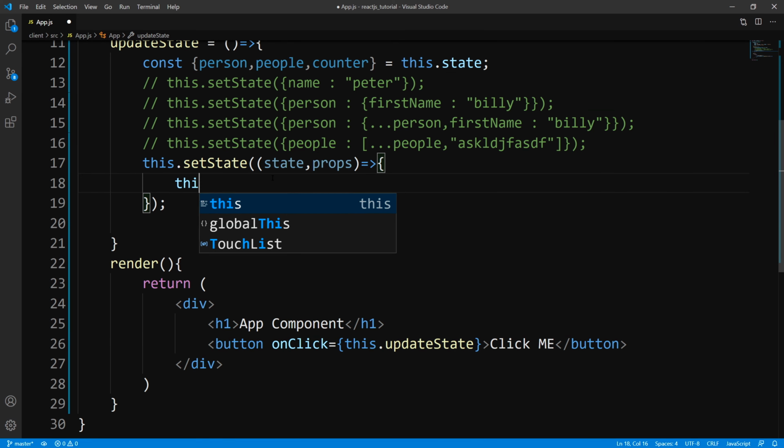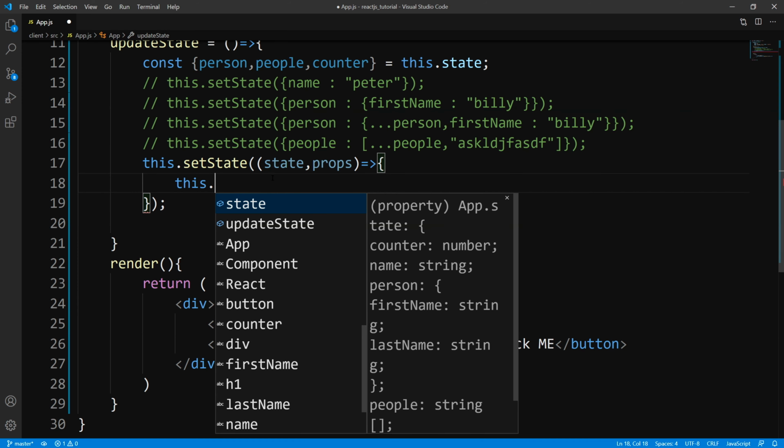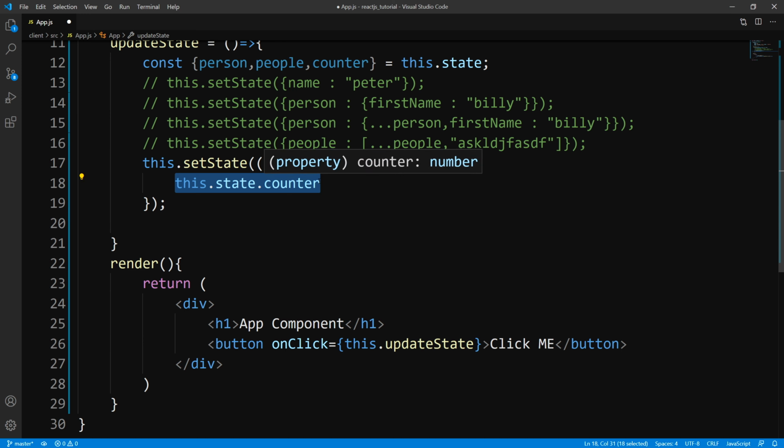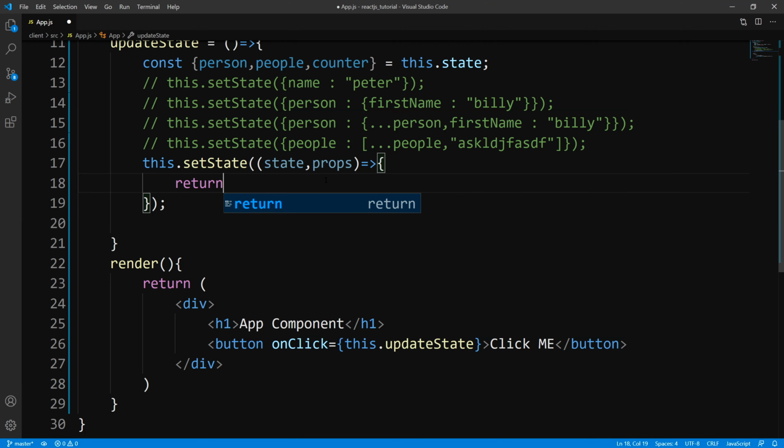So whenever you're accessing the state using this, this is not guaranteed to be the latest version. I think we proved that with the last run that we did. So now what I can do is within this function, I can return an object with the updated state. So I could just say counter is going to be set to